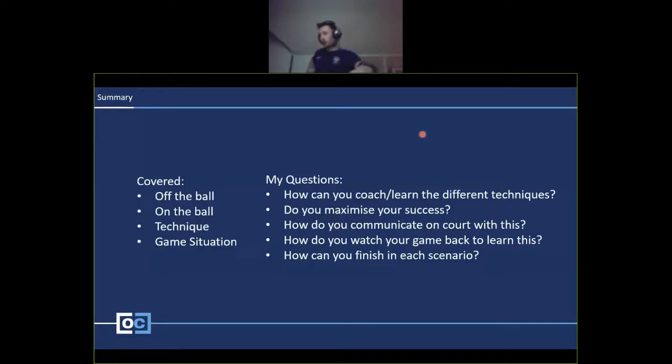So the questions that I've got probably for the group would be, and you don't have to answer these now, how can you coach this, or how can you learn this as a player? Do you make the most of the matchups that I've spoken about? I'm interested to know other people's thoughts on that. In particular, if you're playing well or if you're against a poorer player, how do you communicate? Do you work on communication with the pivot? Do you tell them, get on the ball now? Does the pivot demand the ball? Do you see that a lot when you're playing or coaching?